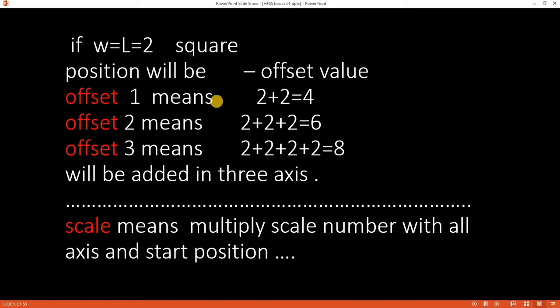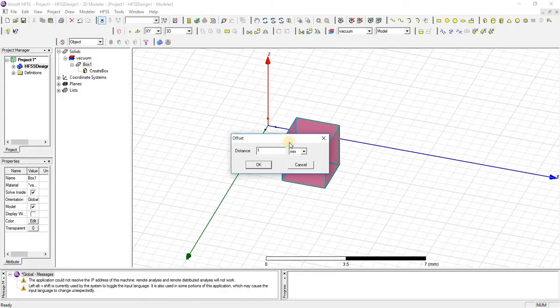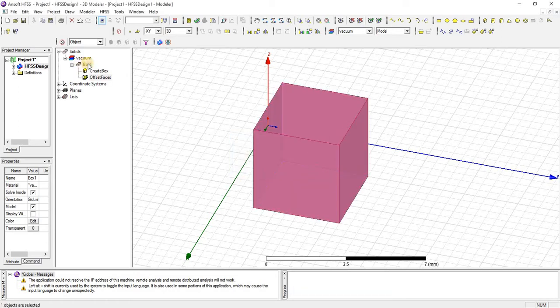Let's see it in our software. First we selected offset value 1. Click on OK. Here you can see that.